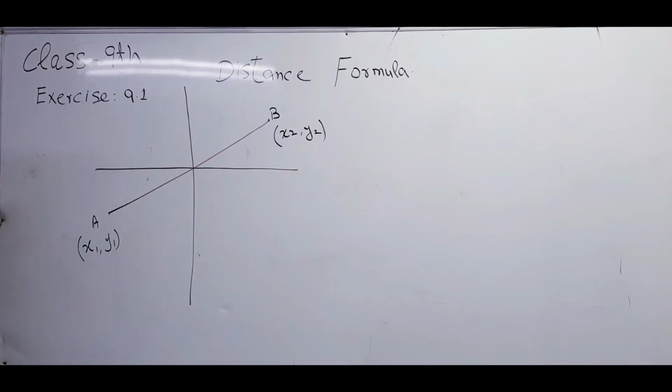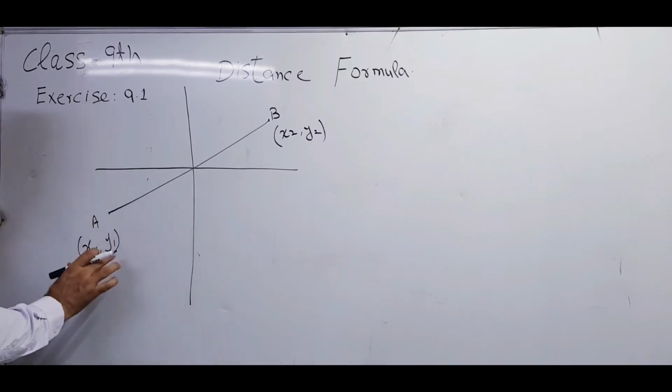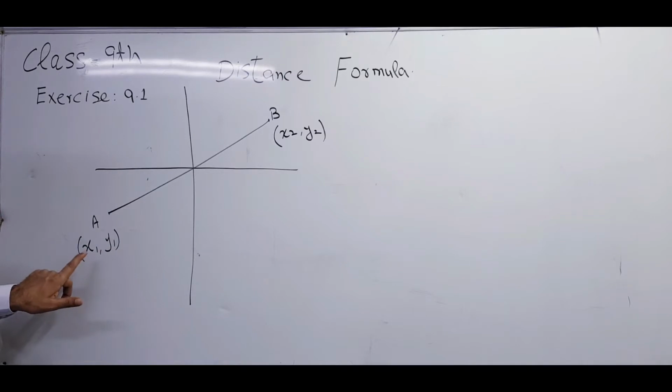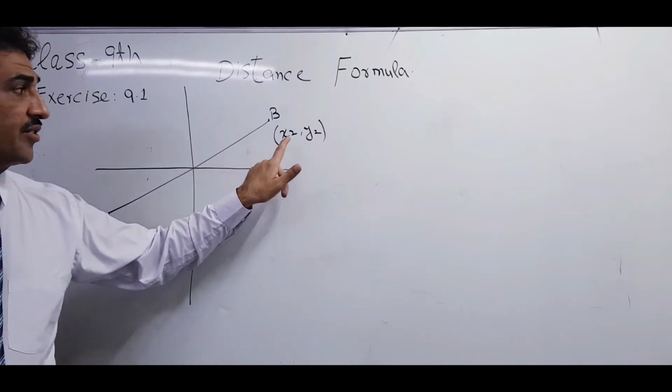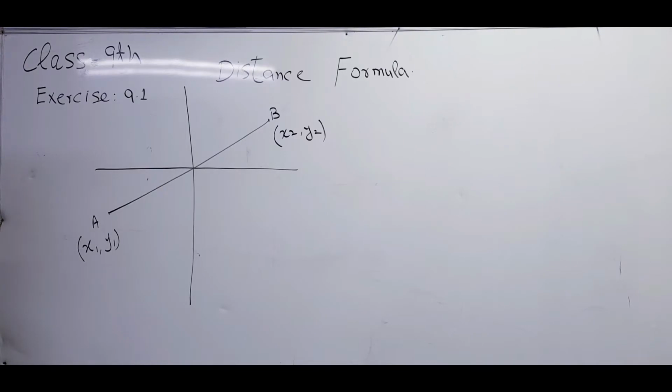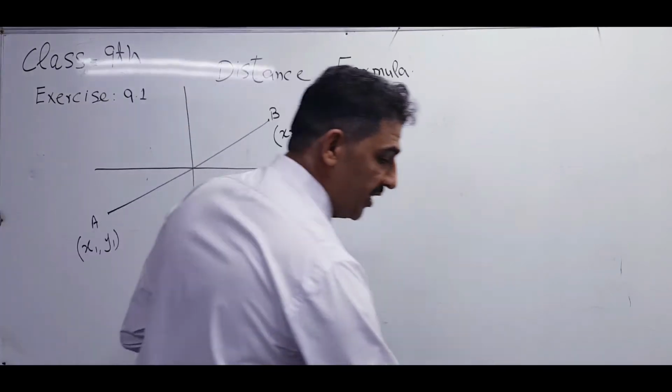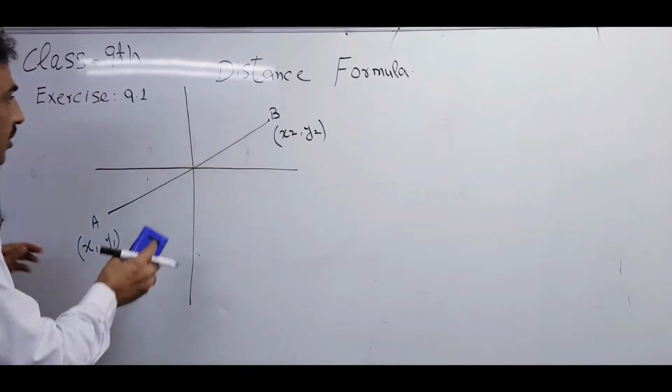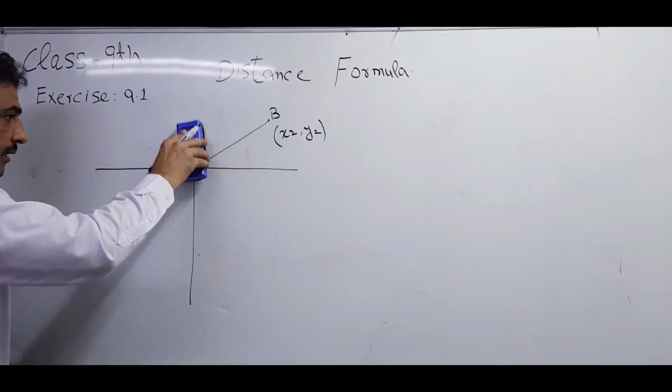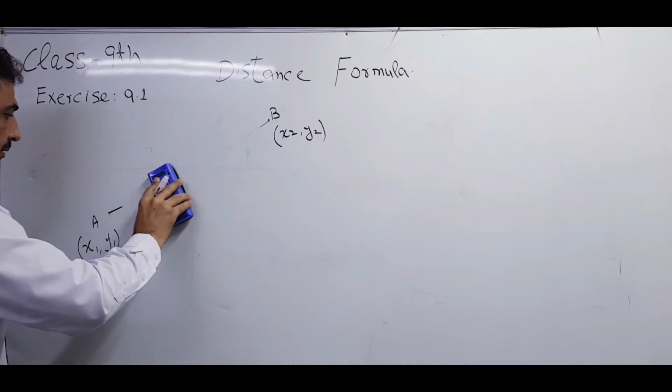According to the formula, if it is in the third quadrant, then we will take the negative points. But if we are not taking it in any particular quadrant, then we see that A is x1, y1 and B is equal to x2, y2, and we have to find the distance between A and B. I repeat that one. At this time I am not taking the points as negative, so it must be in the first quadrant, because both are positive in the first quadrant. So I will make it in the first quadrant.